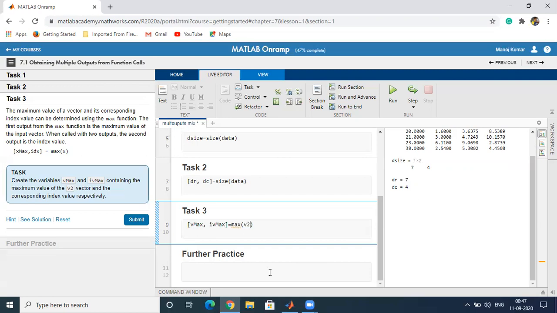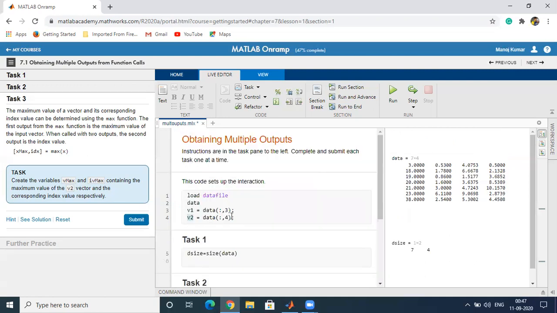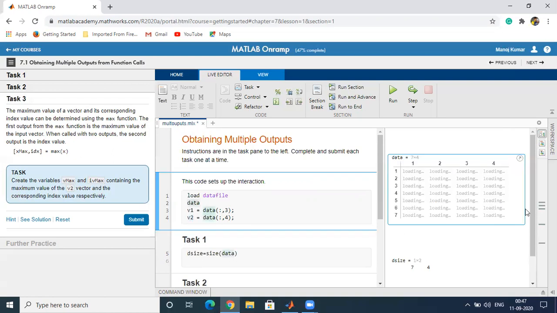Now you can see the v2 vector here. The v2 vector is the fourth column of the data. Now we have to calculate its maximum value. You can see its maximum value is 10.1570, which is at the fifth place.